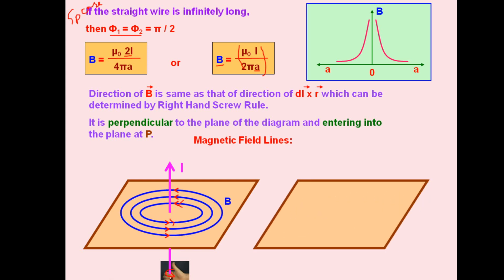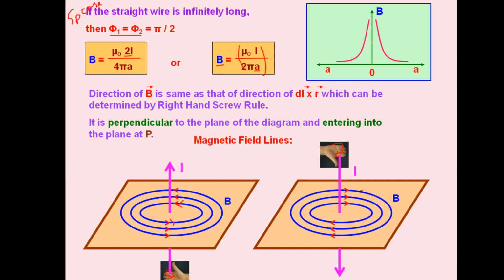If the direction of current is downward, it will be reversed. Obviously, the direction of fingers is now like this. This is the direction of curl of the fingers, as the thumb is representing downward current. So the direction of magnetic field lines will also be in the same way. This is the direction of magnetic field. So on these lines, drawing the tangent, we will get the direction of magnetic field at the respective point. You can note this down too if required.